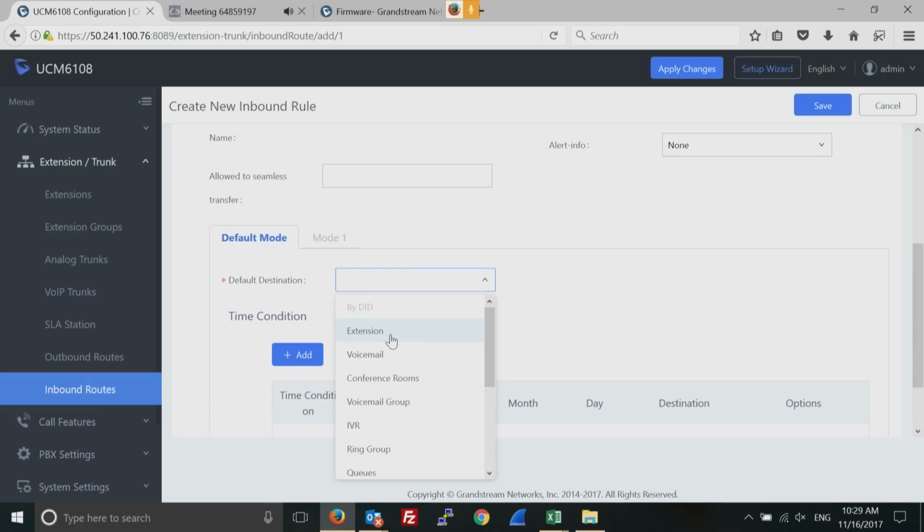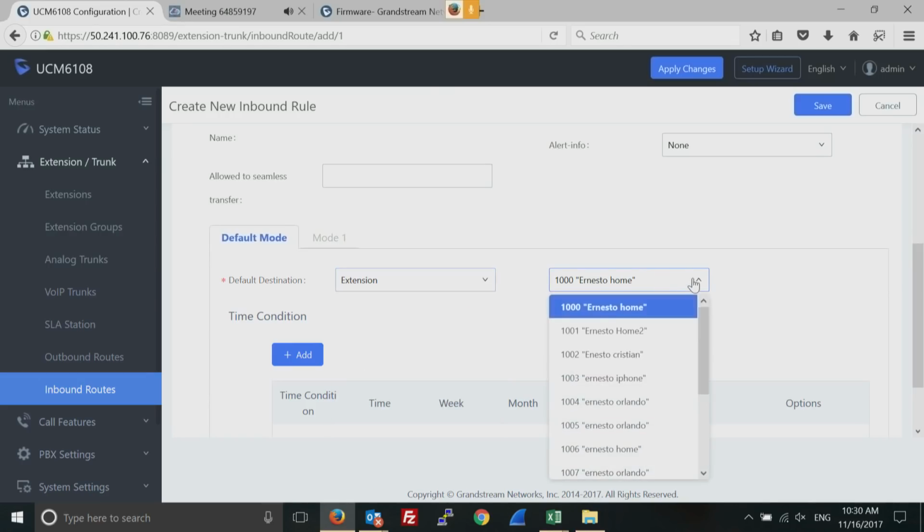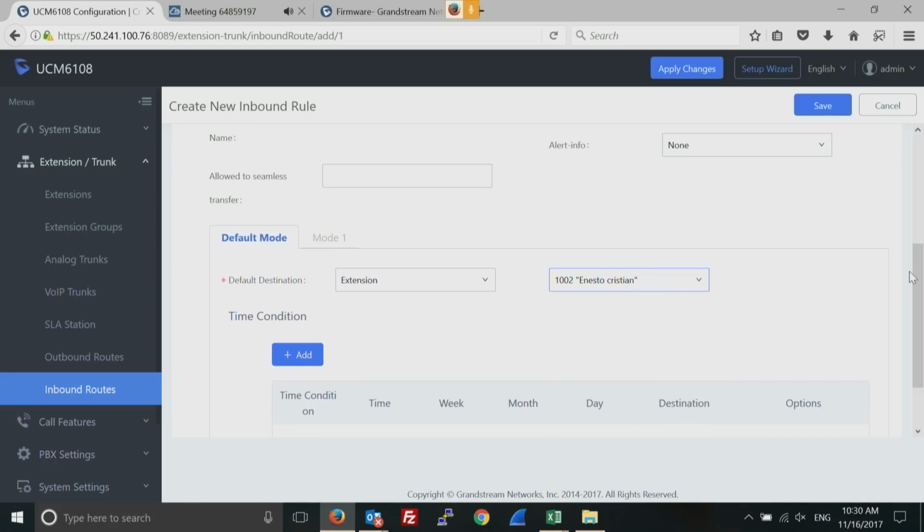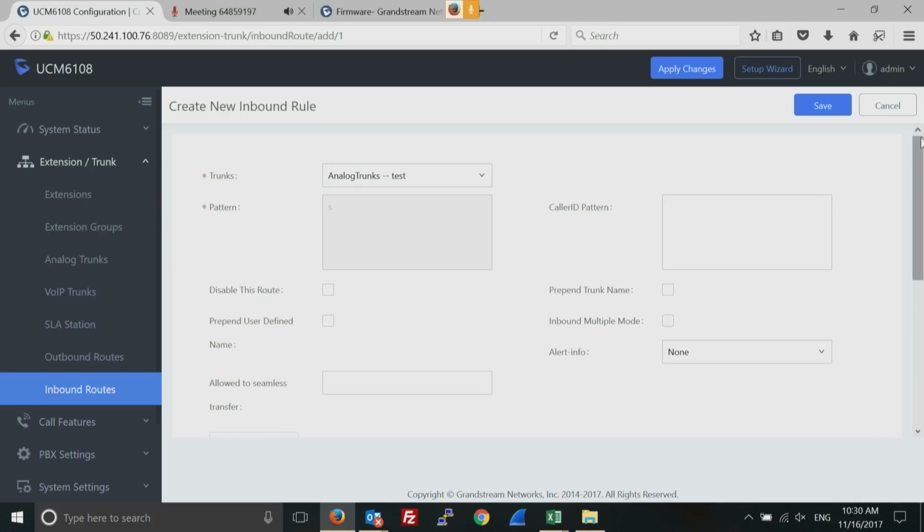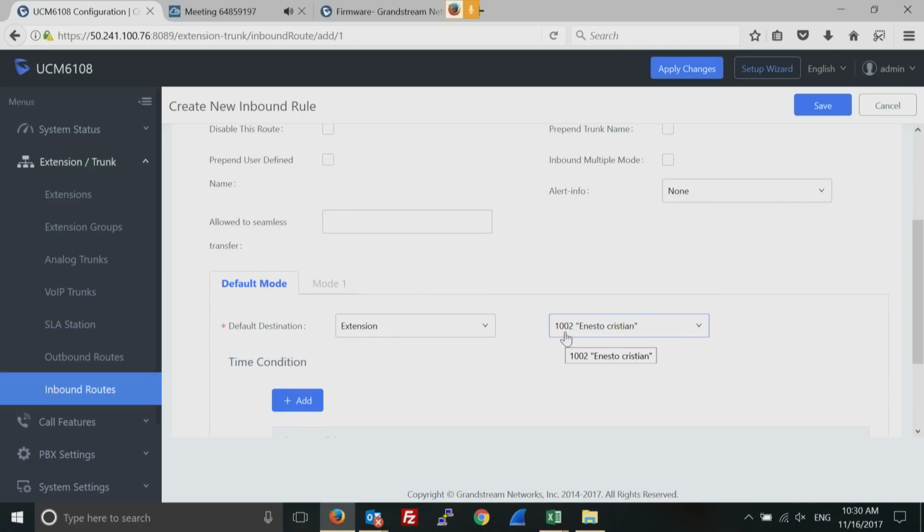You can send the calls to an extension, a particular extension, to an IVR. Let me see what I have, or probably to a ring group, or to one particular extension. So then you select the extension that you want to use, and that's it. So any incoming call through the analog trunk is gonna ring this particular extension, 1002,